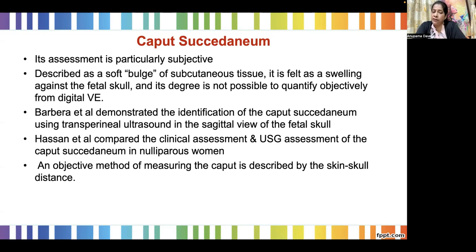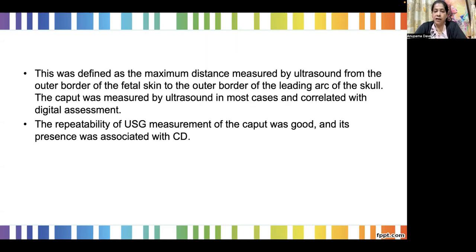This is an objective method of measuring Caput, and this is described by skin-skull distance, the distance between the skull and the skin. This was defined as maximum distance measured by ultrasound from the outer border of fetal skin to the outer border of leading arc of skull. Caput was measured in most cases and correlated with digital assessment. The repeatability of ultrasound measurement of Caput was good, and its presence was associated with